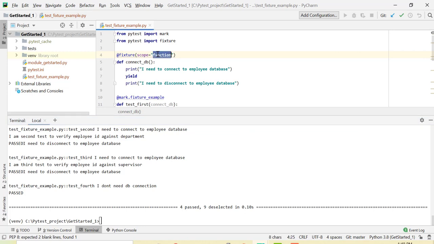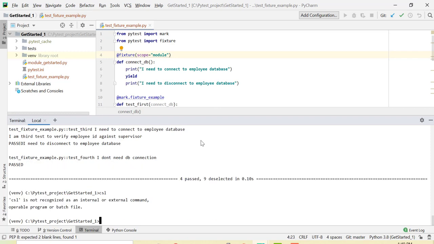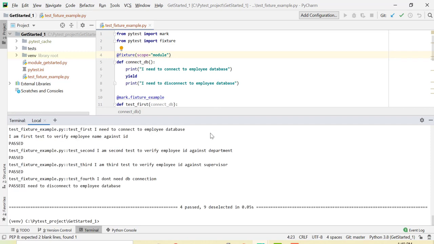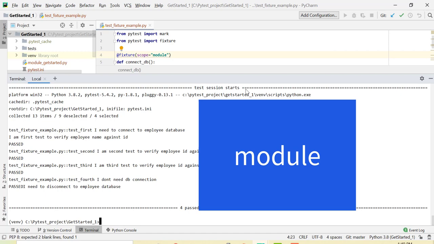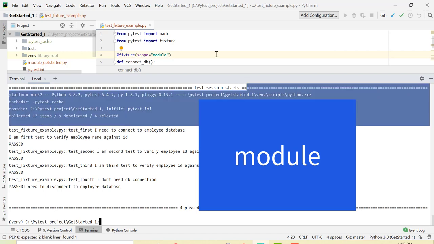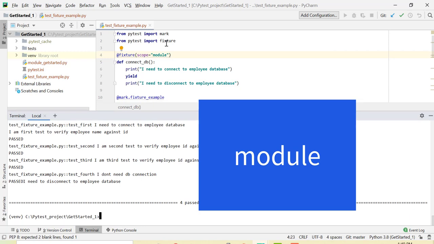Let's see the module level. If I define it as module level, what happens? Let me run this test case again and let's see the output. Here we see that the line "I need to connect to employee database" is shown only once, unlike the previous one where it was shown three times for three test cases. Similarly, the disconnect to employee database line is also shown once. So it implies that when the scope is at module level,